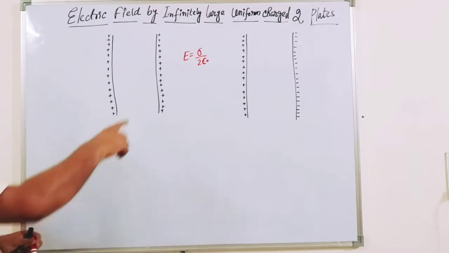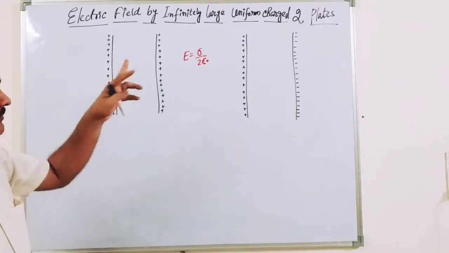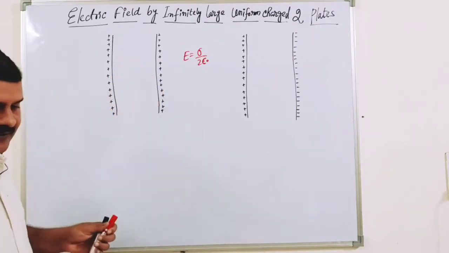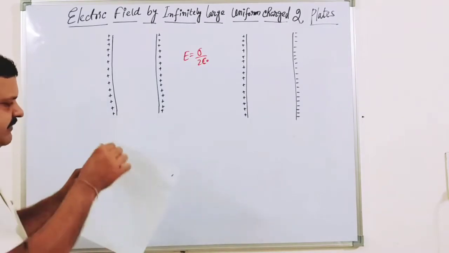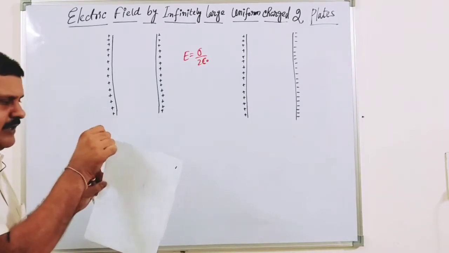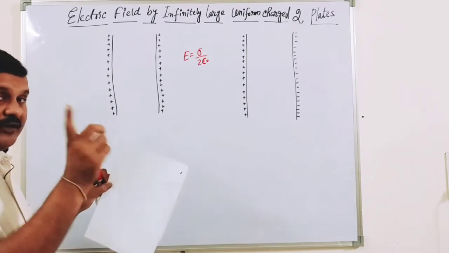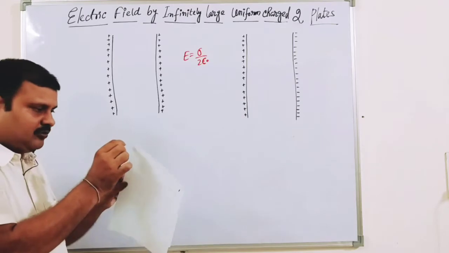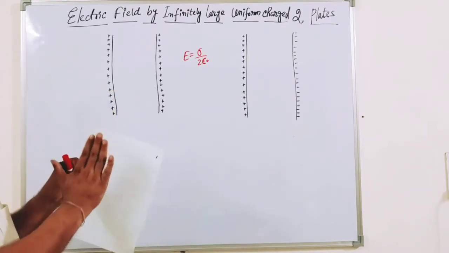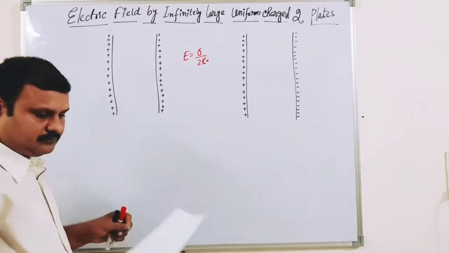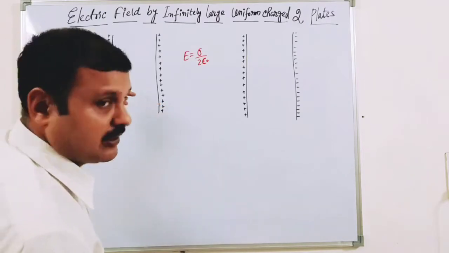Now we know the electrical field depends on sigma, the areal charge density. Again, I say areal charge because the plate is like this, a single-sided, very thin plate. When the plate is very thin, you can call it a sheet. At the molecular level, as I said earlier, there could be a number of layers of molecules, but charge is distributed only over this surface. Apparently, we consider it hypothetically to have nearly zero thickness.